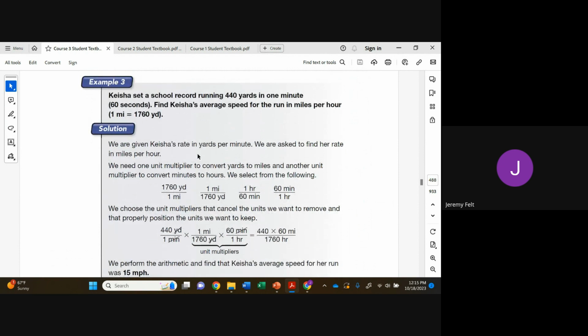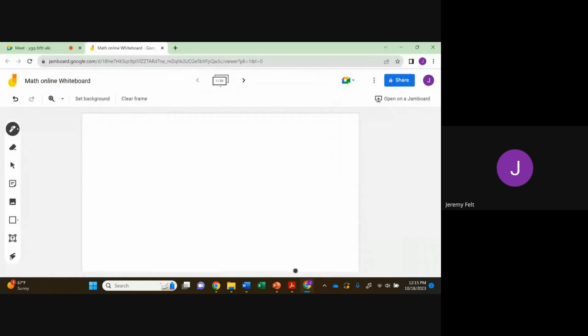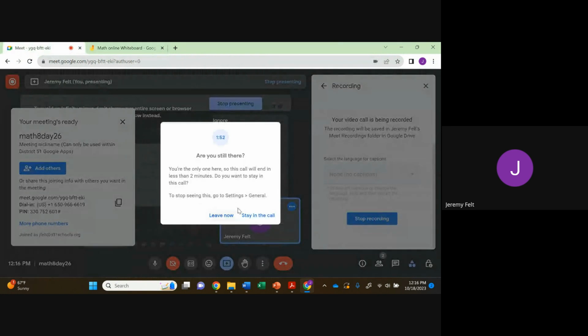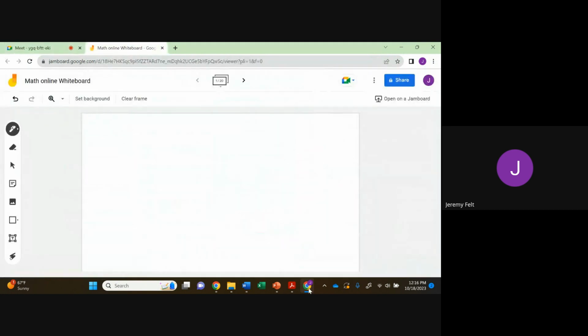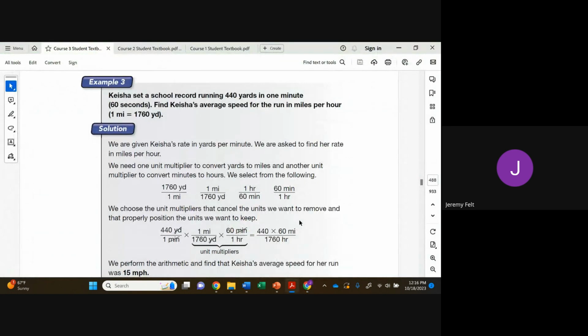Keisha set a school record running 440 yards in 1 minute, 60 seconds. Find Keisha's average speed for the run in miles per hour. 1 mile is 1,760 yards. And so we want to figure out